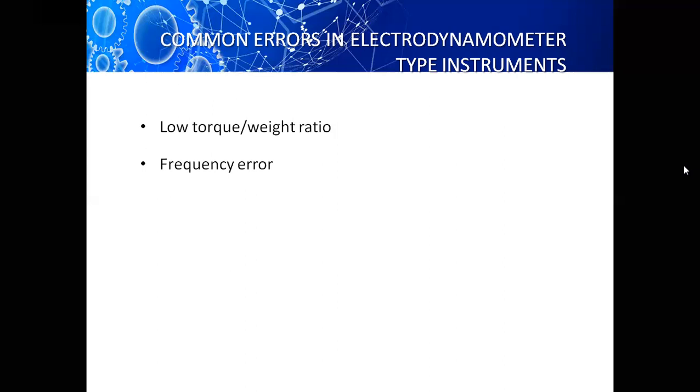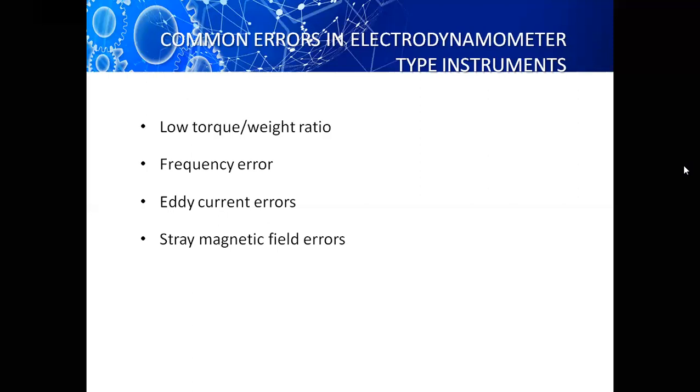And the other one is frequency error. With the change of frequency, we have errors arising in the meter, and we can have eddy currents flowing because for AC measurements we can have changing flux cut by any conductor material that is there in the meter, and thus we have eddy currents flowing through it, and that may cause errors in the device. Stray magnetic field errors: if we use the meters nearby any magnetic field, because the field is weak, if it gets affected, then errors arise.